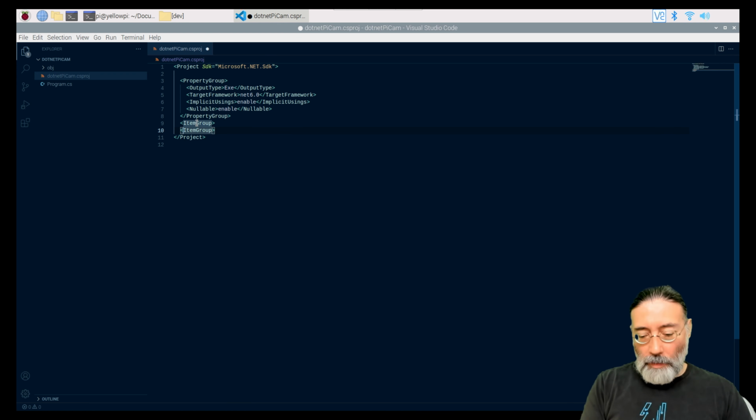These are NuGet packages that we can import into our project, and they contain the libraries that we need. So PackageReference, that is a reference to a NuGet package. We will include and then the name of the library. So for this package reference, we're going to include